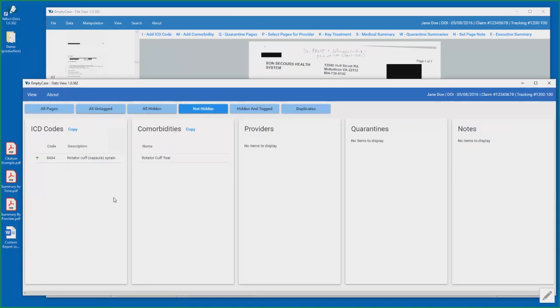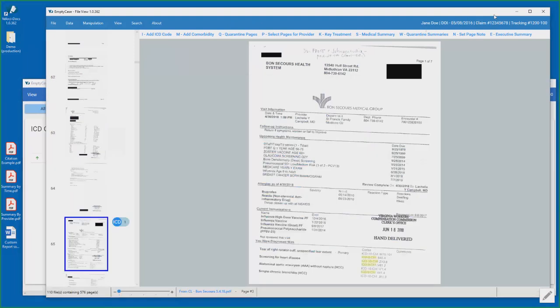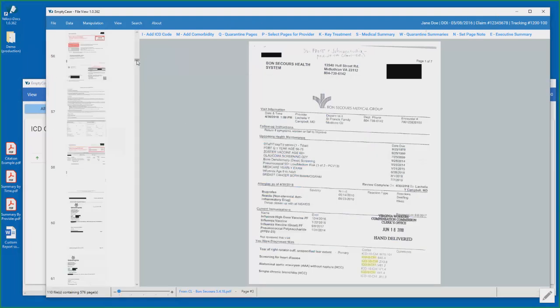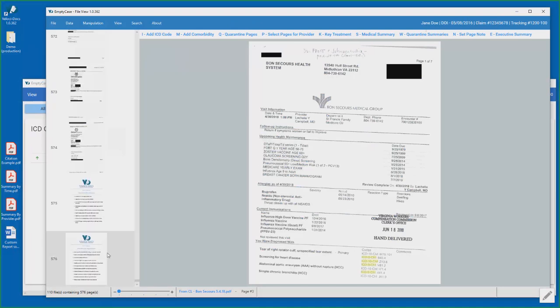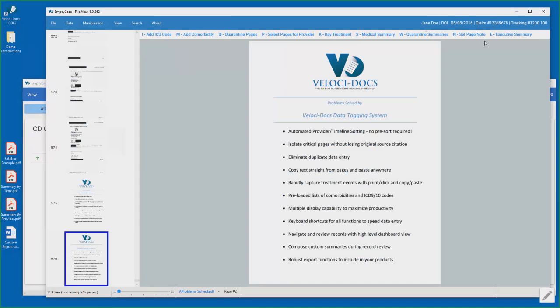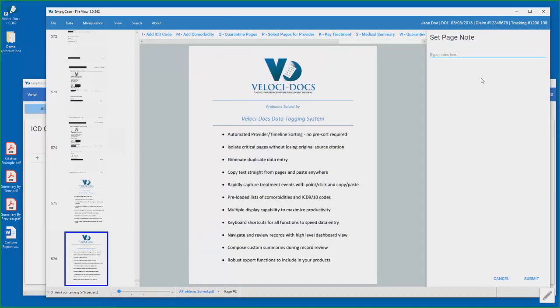Over to our data view. Got a new entry of ICD code, a rotator cuff strain. We can also put notes on a particular page, and that's just a way to bookmark a page or to favorite a page so you can quickly get back to it. One of the useful things for that is maybe you come to the end of the record set, post a note on that end, say end of records,